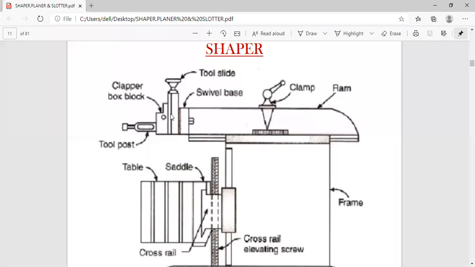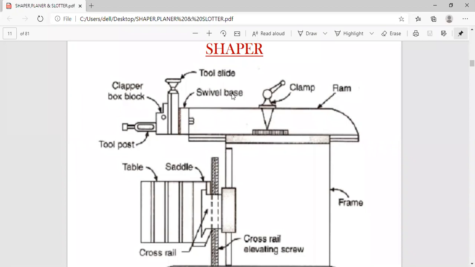So the tool head will be holding the tool firmly, and it can slide up and down, so we can adjust the tool position also, and it can be swiveled at any angle.